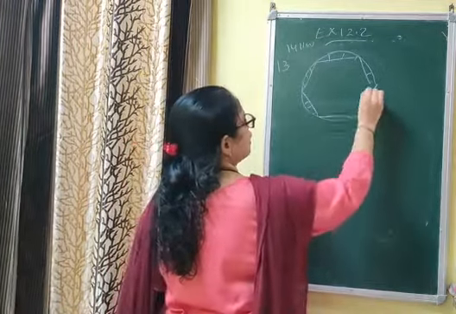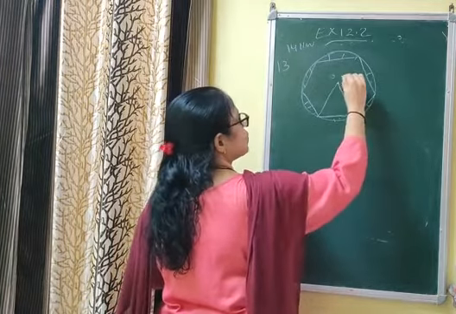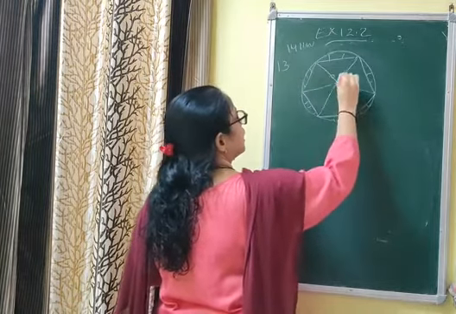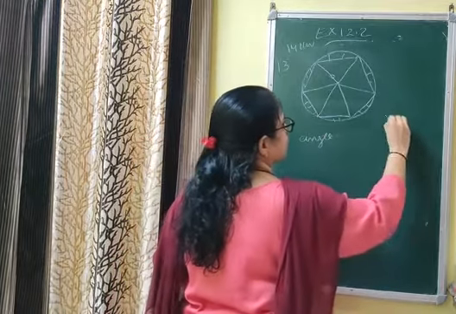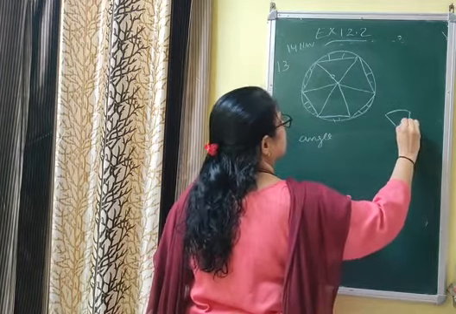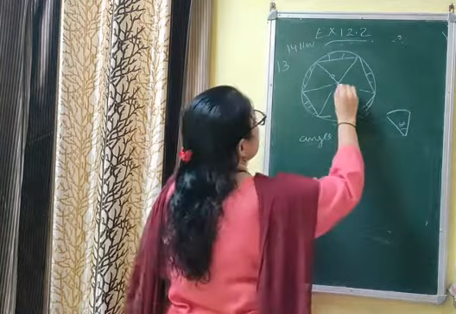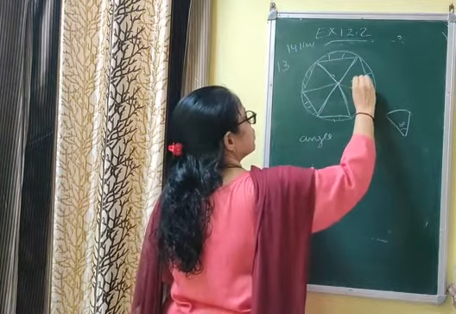Since these all are chords, equal chords obtain equal angle at the center. This is O center. There are 6 sectors coming. Total angle is 360 degree. So if you draw this figure like this, you will get that this is 60 degree. ये 60 degree आ रहा है. And radius you are given as 28 centimeter. आपको radius दे रखा है, ढंग से बनाना है.